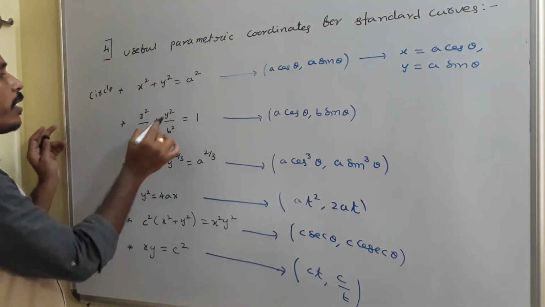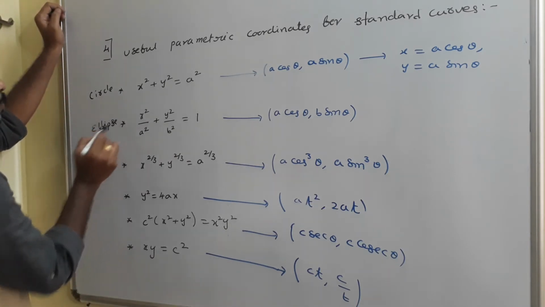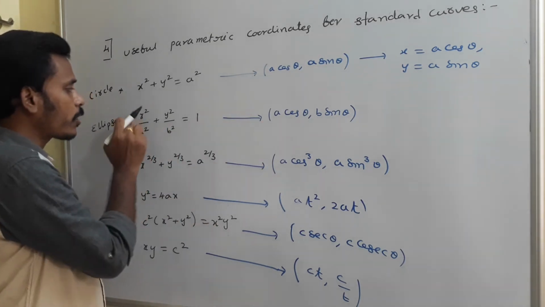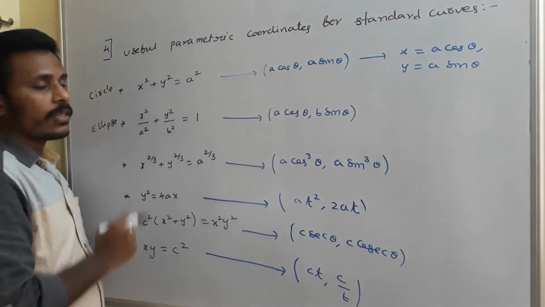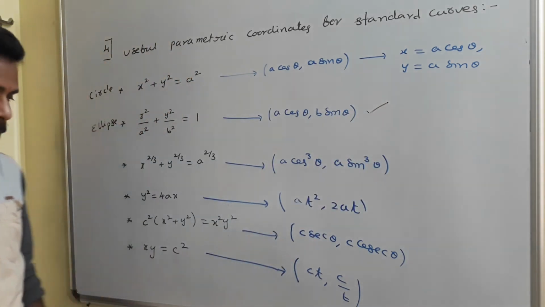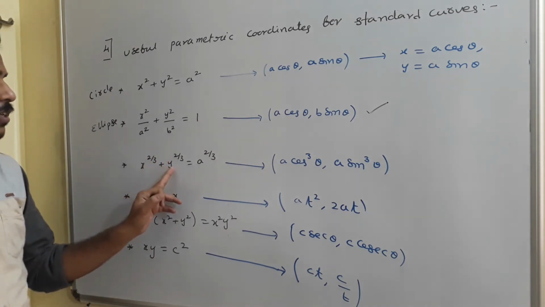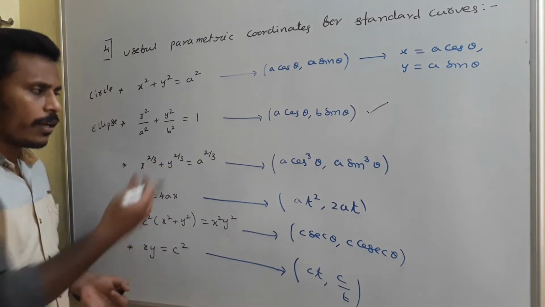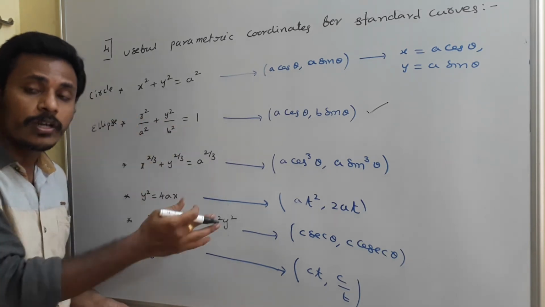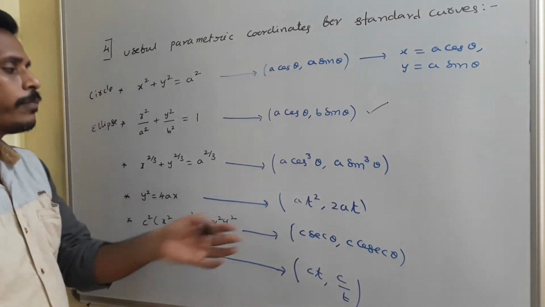And the next thing is x square by a square plus y square by b square is equal to 1, and in general the shape of the curve is an ellipse, and the general point is a cos theta comma b sin theta. Replace x with a cos theta, replace y with b sin theta. This curve satisfies this point, so this point is a general point on the curve. And for this curve this is the general point: replace x with a cos cube theta and y with a sin cube theta. If you wish, you can check it. Replace x and y and then check whether the point satisfies the curve or not. For sure it satisfies. For every theta it satisfies, and so it is considered the general point and parametric coordinates.